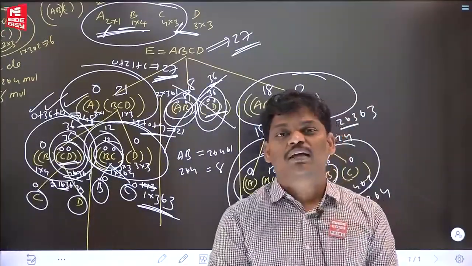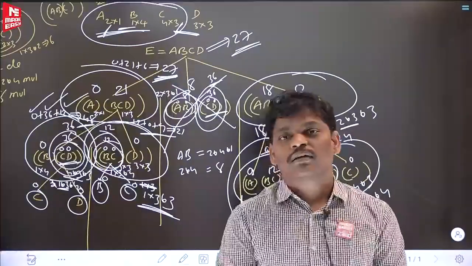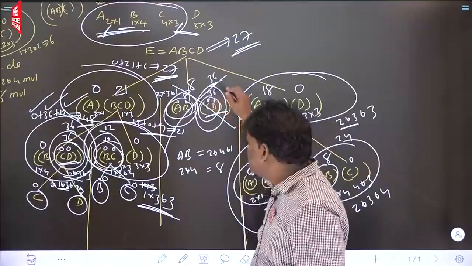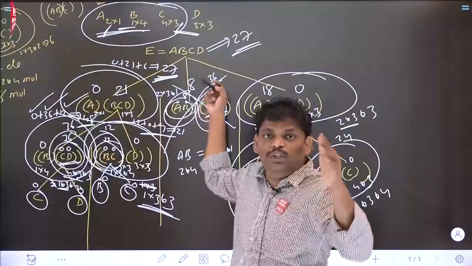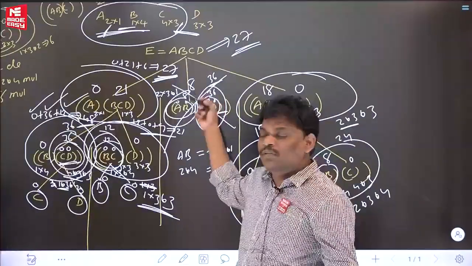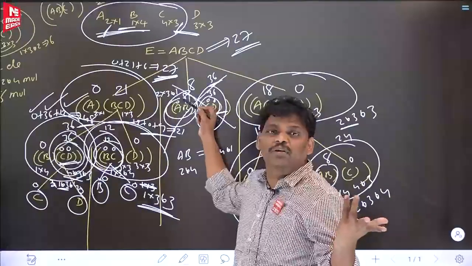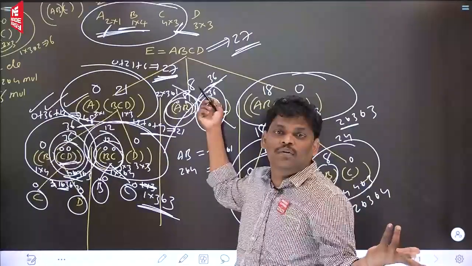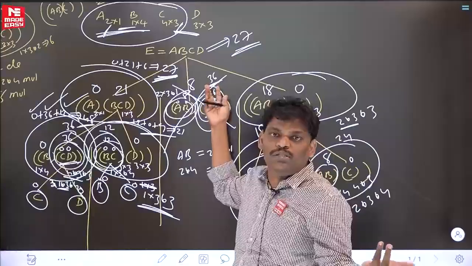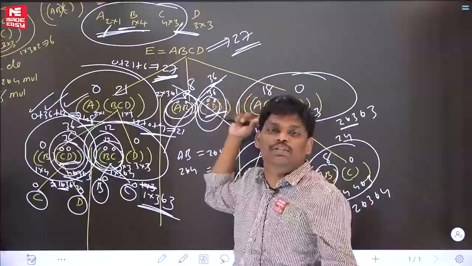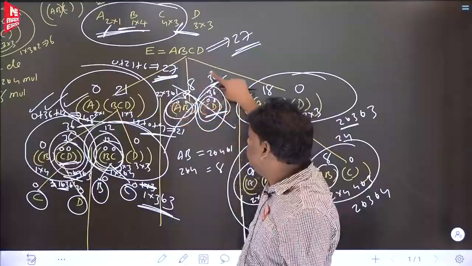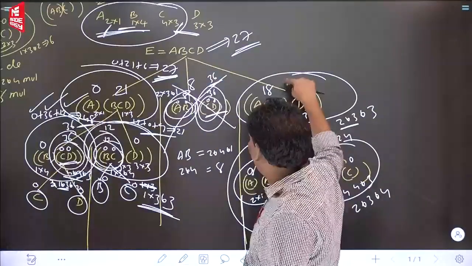Suppose 27 is there, and less than 27 is also there, then go to the second one. But while doing the second one, please reuse it if it is already available, so that you can decrease a lot of time. Right? If you are lucky, both may be available. If you are unlucky, maybe one is available. Worst case, maybe nothing is available. But because of the application of dynamic programming, definitely some repetition will be there. Worst case only do the second one. Worst case only you do the third one.